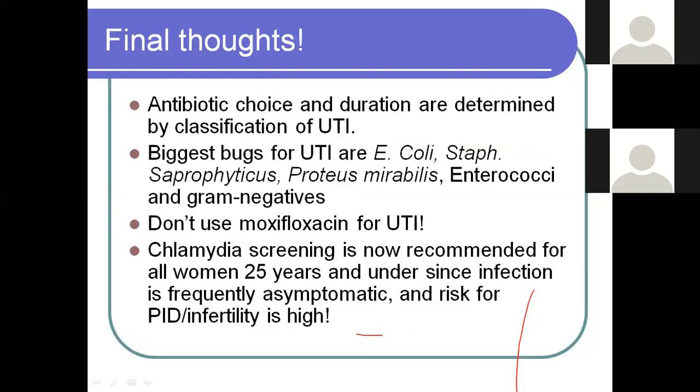So to conclude, antibiotic choice and duration are determined by the classification of UTI, like which area of the urinary tract they are involving. The most responsible pathogens for UTI are E. coli, Staphylococci, Proteus, Enterococci, and gram-negative bacilli. Chlamydia screening is now recommended for all females under the age of 25 years since this infection is asymptomatic and the risk of